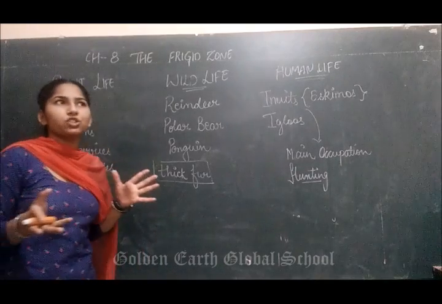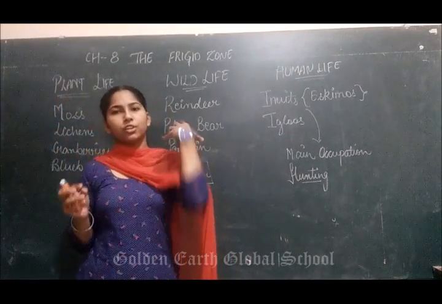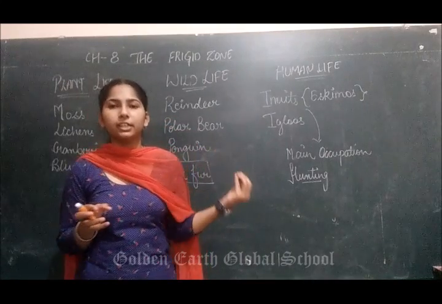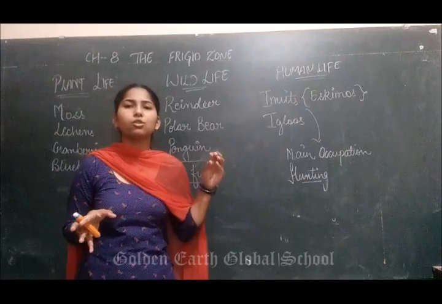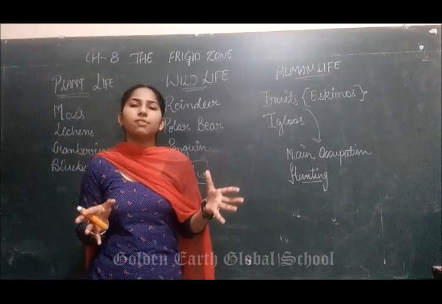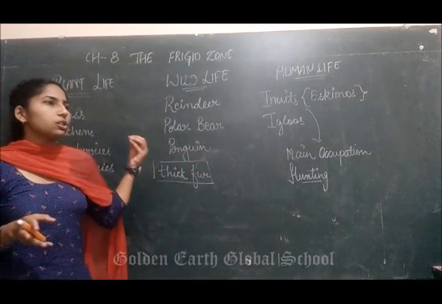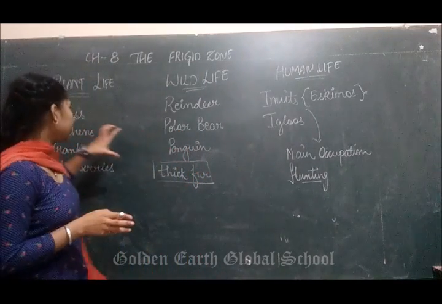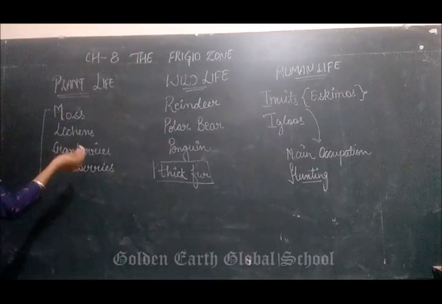As the temperature in the frigid zone is very cold, and even it is completely covered with ice throughout the year, so plant life is hardly seen. But during few months of summer when the ice melts, these are the few